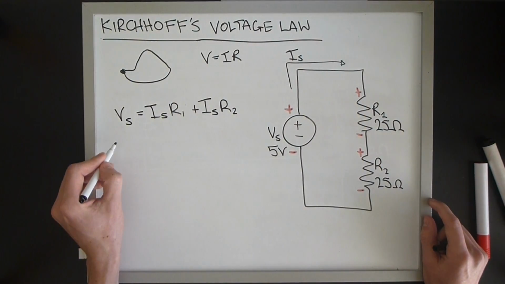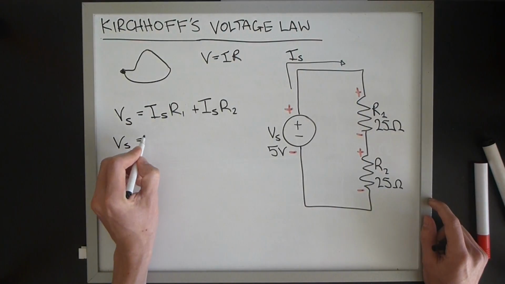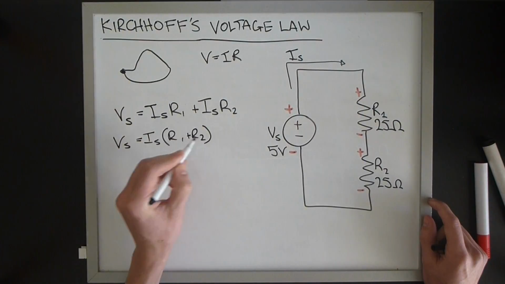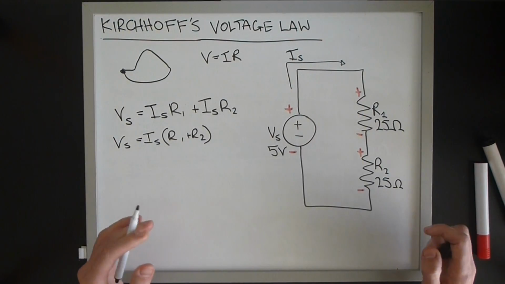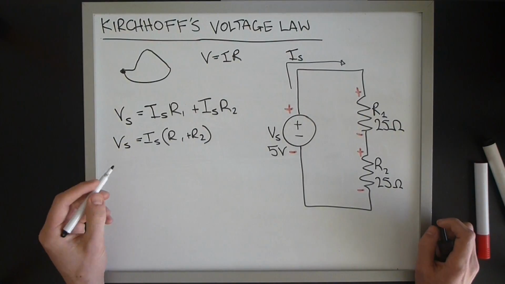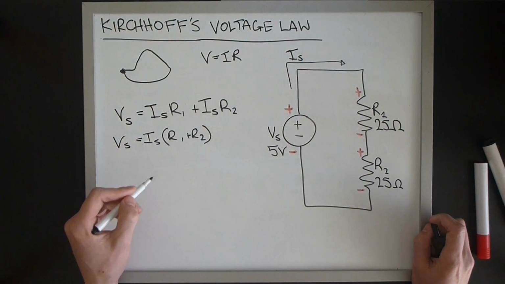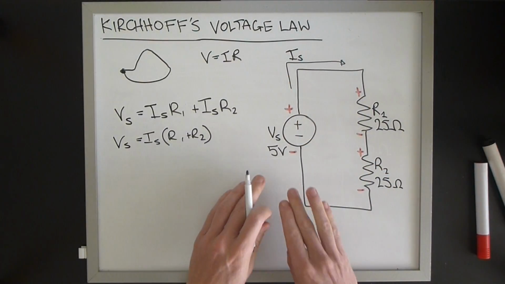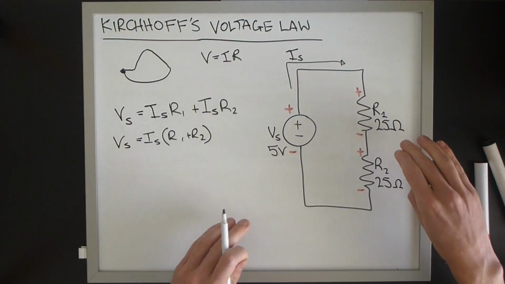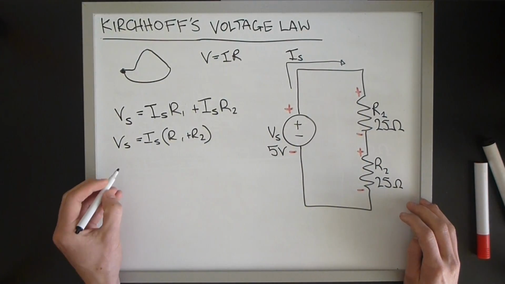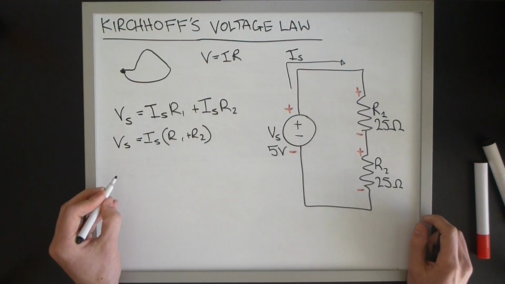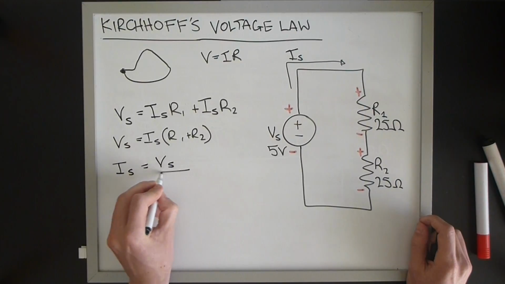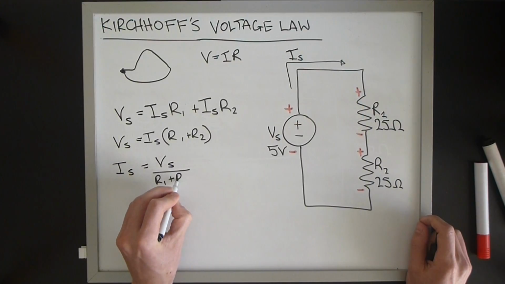Now we do a little bit of algebraic manipulation to get Vs equals Is times R1 plus R2, which, by manipulating it through Ohm's law, gives us an expression we can use to solve for the unknown current Is, given we already have the voltage Vs and the two resistances. To solve for Is, we rearrange to have Vs over R1 plus R2,